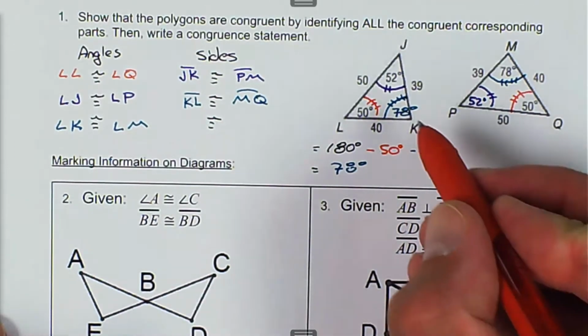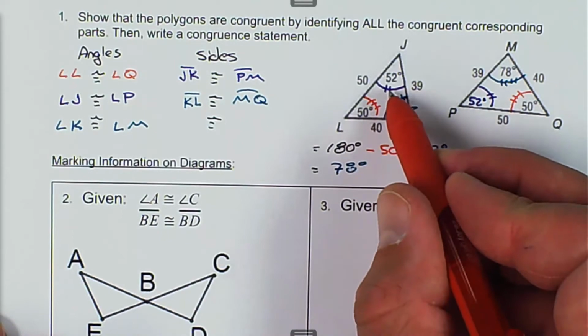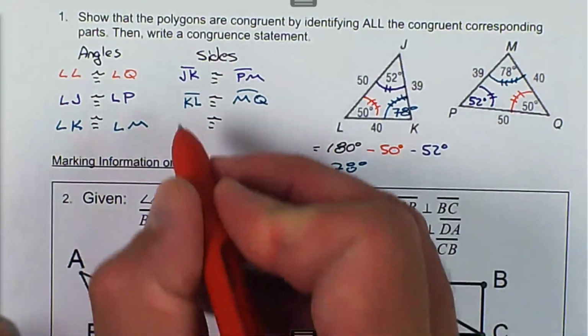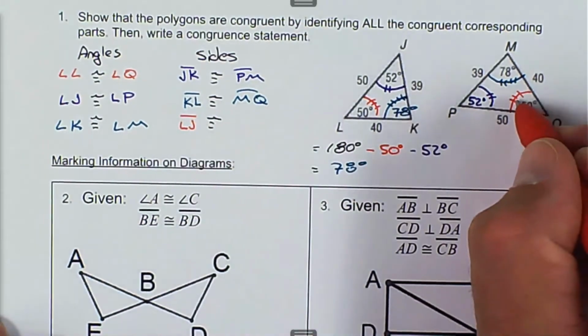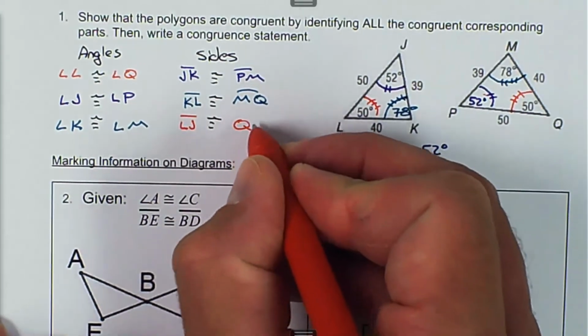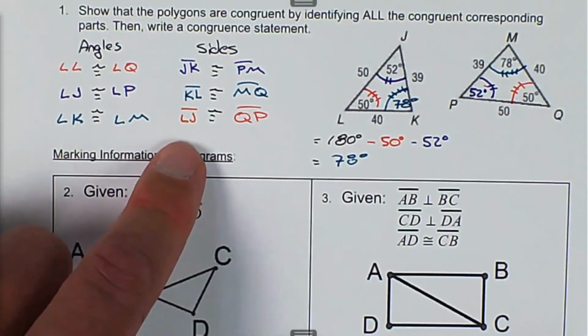And then the last one that we haven't done yet is 3 to 2. We haven't done L to J. So L to J, 3 to 2, is going to be Q to P. And then we have the statements made, and then we can mark those